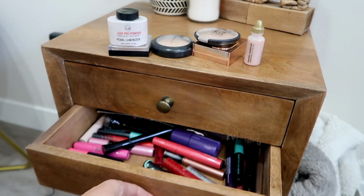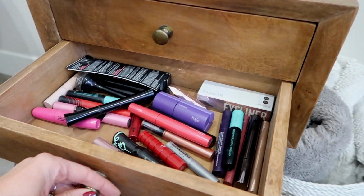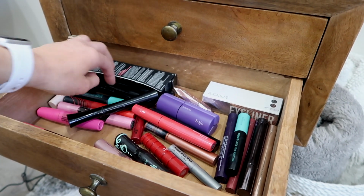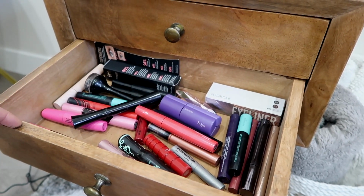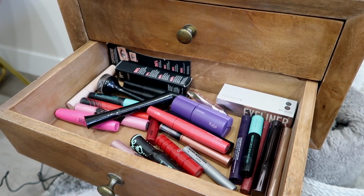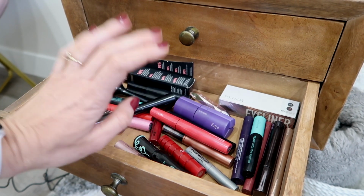Now let's go for some mascaras. Ooh, I'm probably due for a bit of a declutter in here. In fact, I know there's a couple mascaras in here that I just absolutely detest. I need to just get rid of. I kind of save them in case I might do a declutter, but I'm kind of hit and miss with doing declutters. I'm not sure that I want to do another one anytime soon, but let's just go through and